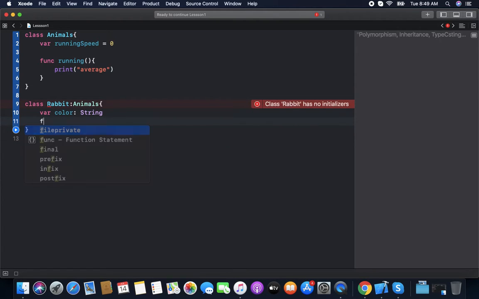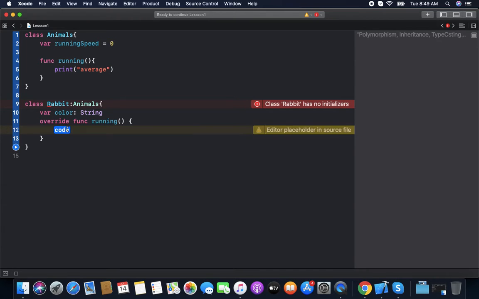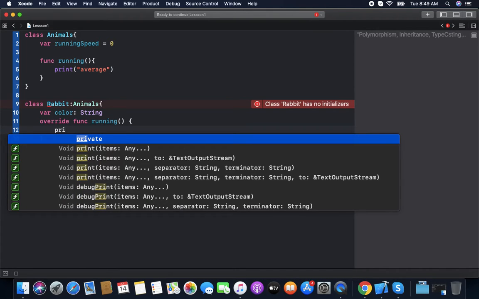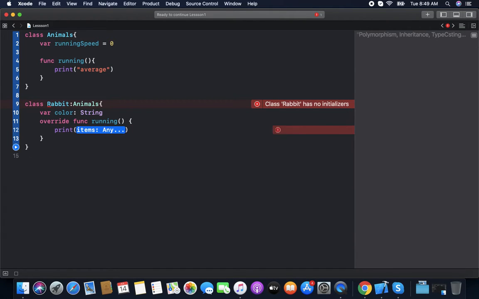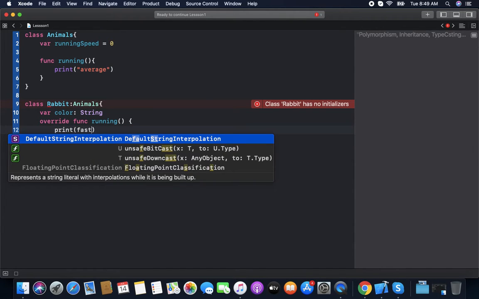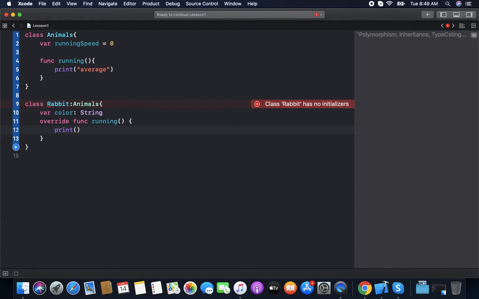Also it inherits the function running, as a rabbit is a fast runner. By default the color is white. If we provide a default value, then we do not need to create an initializer.